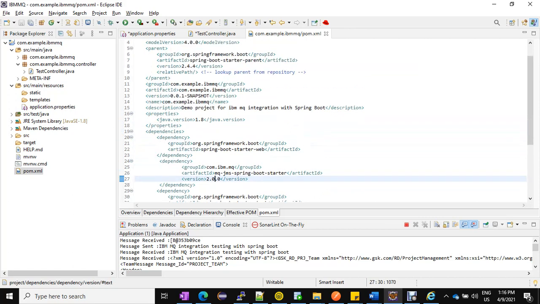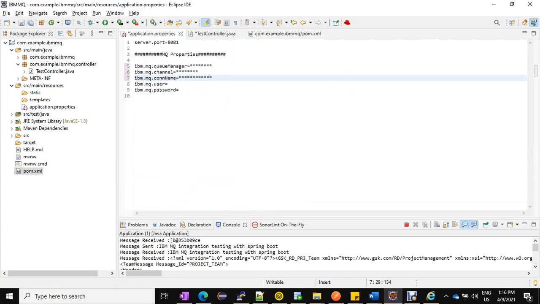And in the application properties, what you need, I'm currently using 8081 as the port, and as part of MQ properties, you need queue manager name, MQ channel name, connection name, and then user and password, if the authentication is imposed on your broker. So these are the application properties details.